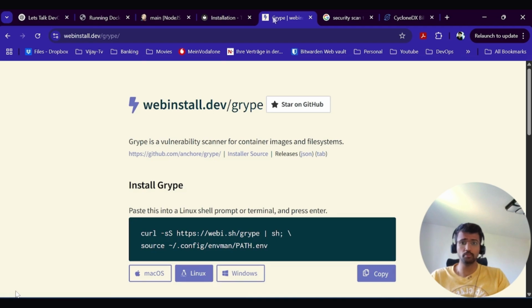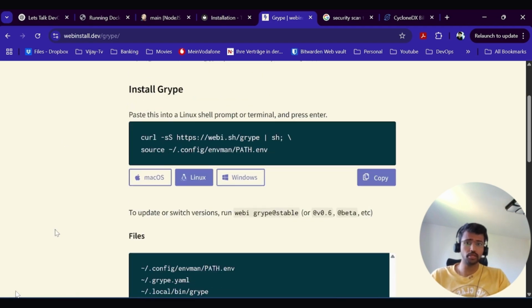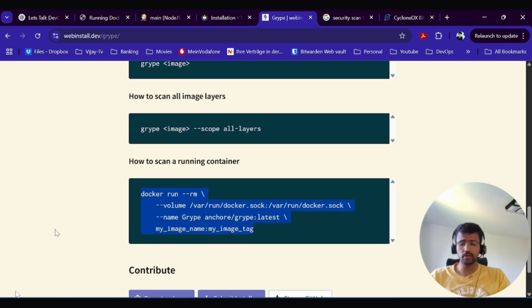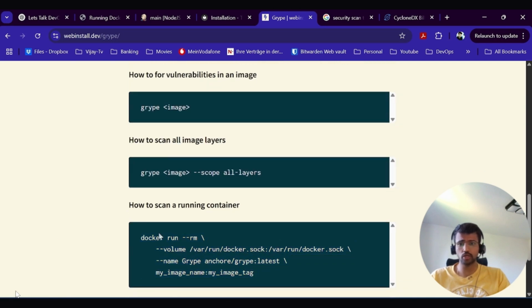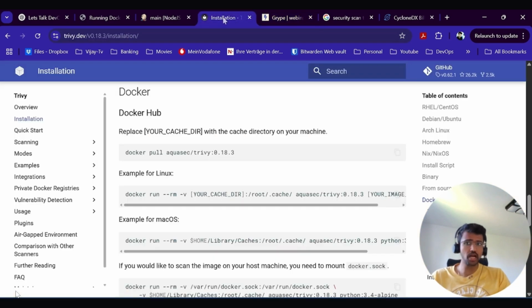Same way with Grype as well. If you come to their installation guide, they give you different kinds of installations, and they also have a running container to do the scans. So let's start with Trivy. What does it say? If it's a Linux machine, because my local machine is a Linux machine, which is an Ubuntu machine, and if I want to scan it on my local machine, all I need to do is run this image, Aqua Security Trivy, and then I just need to pass in my image name